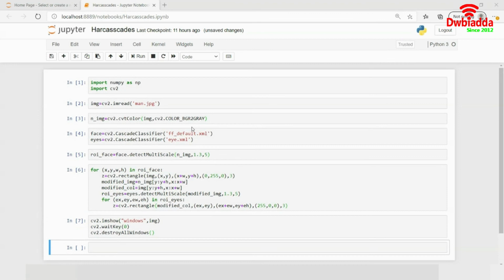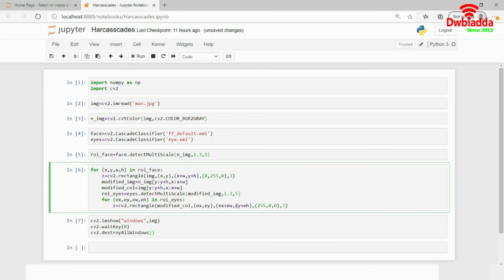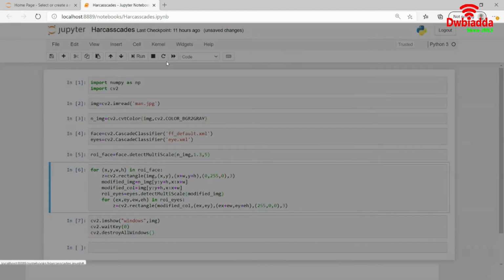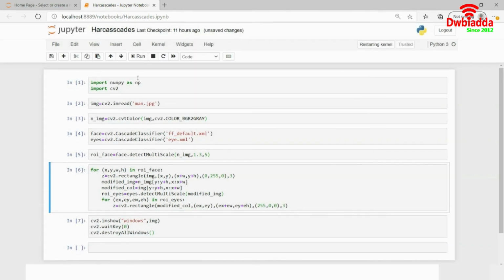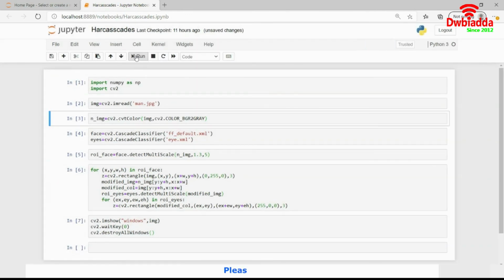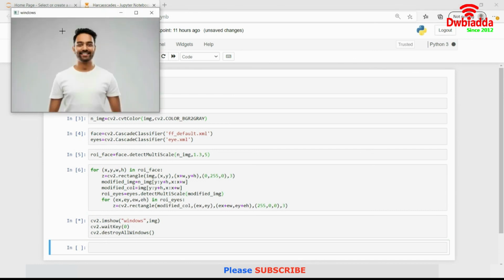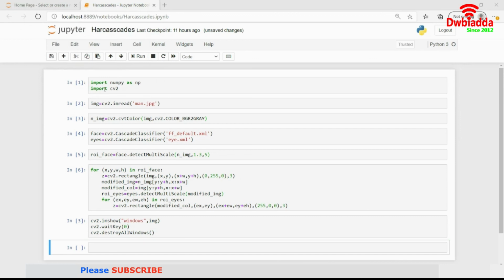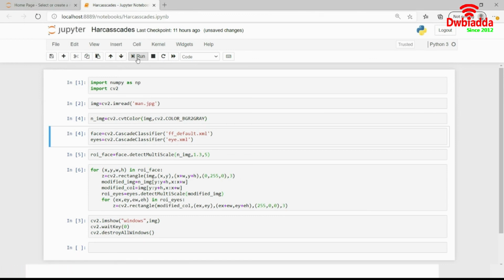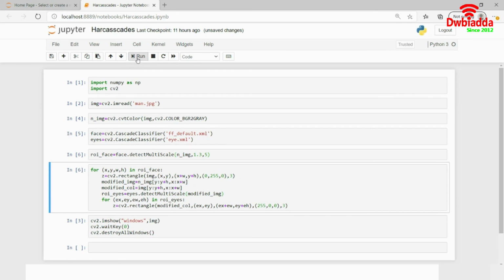Maybe I am making the error over 1.3. Okay, maybe I can remove the parameters from the detectMultiScale over here, and maybe I can run this again. So I will restart the terminal, and what I will be doing is first show you the image this time. So this is the image that we will be working on, and we will be detecting the eyes and the face over here, right? So like this, and I will run this, run this as well, run this, and finally I will be showing you the image.